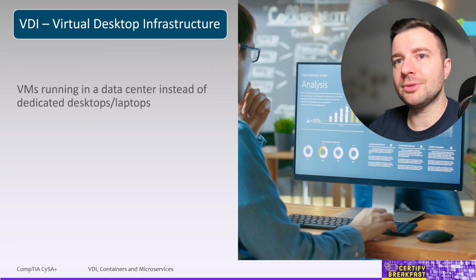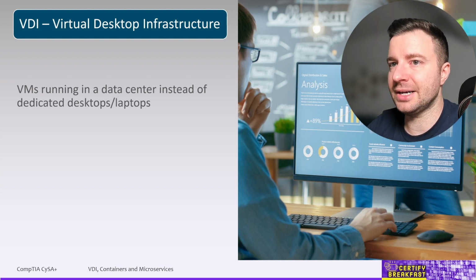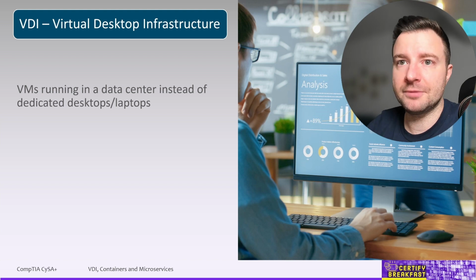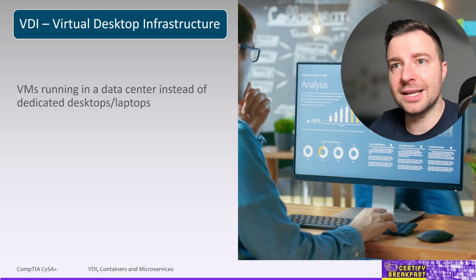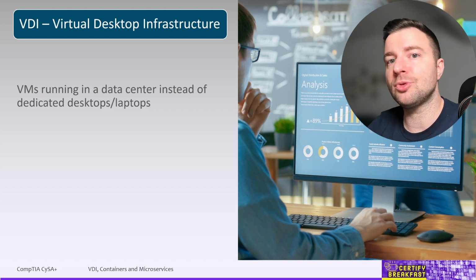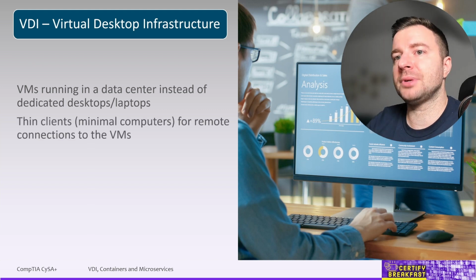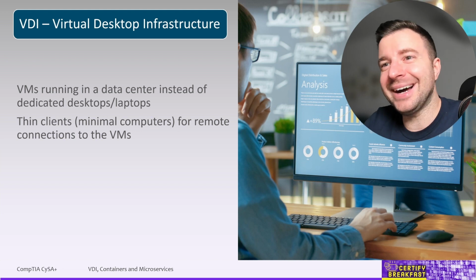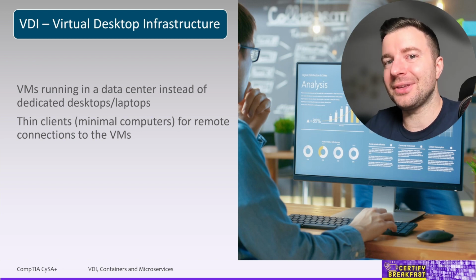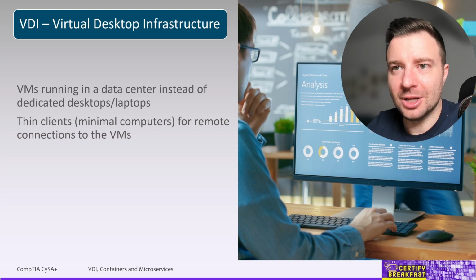All right, so let's talk about VDI, right? A more specific type of virtualization is VDI, that's virtual desktop infrastructure. The main idea behind VDI is to use virtual machines instead of physical machines, desktops or laptops, to provide workstations to our employees. Now, since the user cannot really work with an empty desk, VDI is going to use something called a thin client, or a thick client, it depends on the terminology.